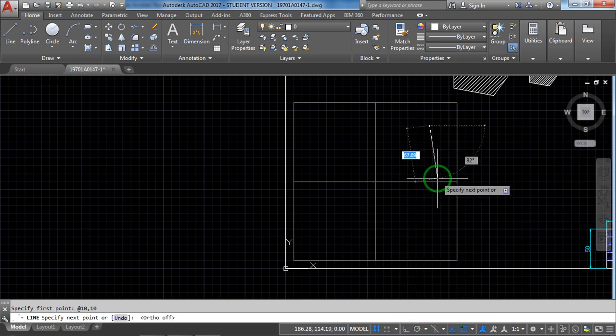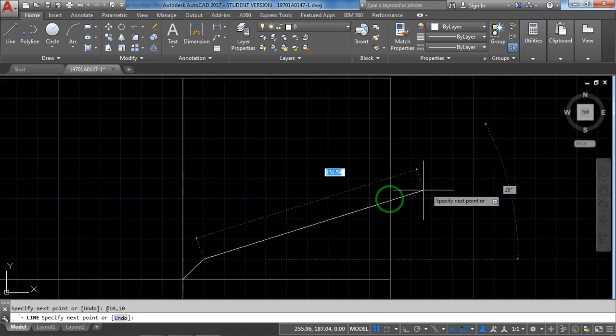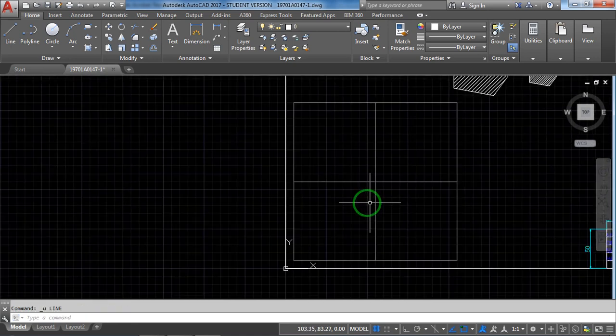Oops, escape. See, this line, enter. Just take it to here. @ 10,10. Again, I'm sorry, this line, enter, just take the cursor to this particular location.